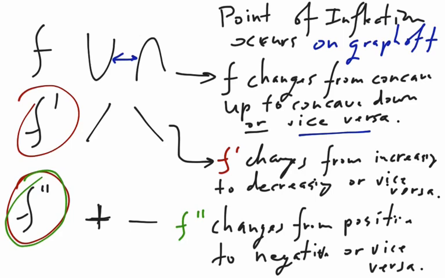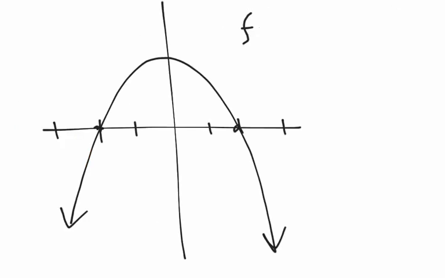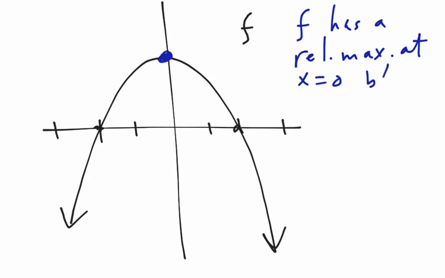Let's take a look at some examples. Let's say this is the graph of f, and you want to know everything about the graph in terms of relative minimums, relative maximums, points of inflection, increasing, decreasing, concave up, concave down, etc. If you have the graph of f, this is actually the easiest one because you just look at it and you can tell. So right here-ish, let's say that's at 0, you'd say f has a relative max, you can abbreviate that rel max, and you do have to say where it is, x equals 0, because f changes from,